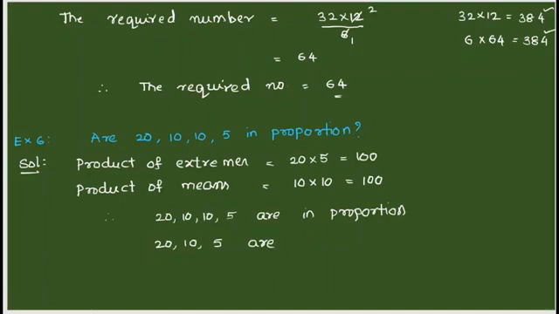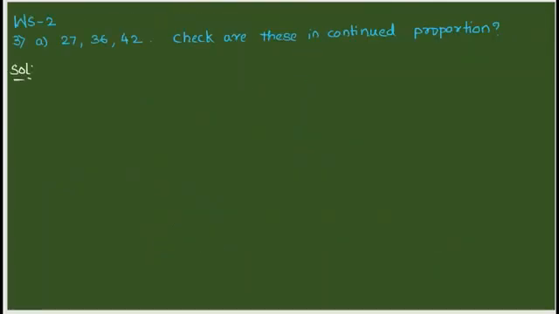Instead of proportion we use the word continued proportion. So when three numbers are in continued proportion, that middle number you need to repeat twice. Okay, so this you have to remember, children. Now let us see one more example based on this, from the same worksheet 2, third section, A problem.